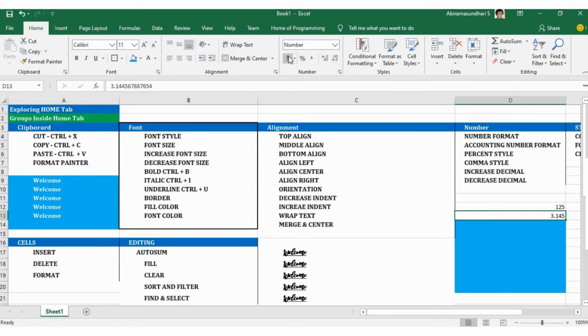If you want to make it with a dollar sign, we can do that, and if you want to end with a percentage symbol or comma, we can do that. This is the option available under your number group. This number group has the options to format your numbers, but it is not possible to convert text into dollar or percentage. If you have a number in your cell, you can change it to percentage, decimal, currency format,